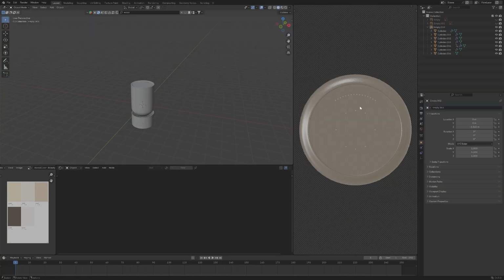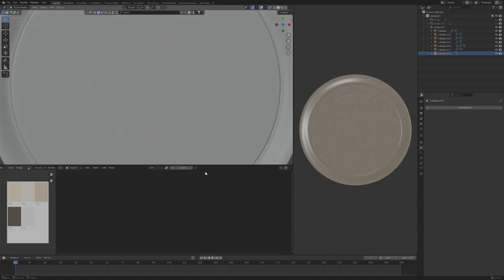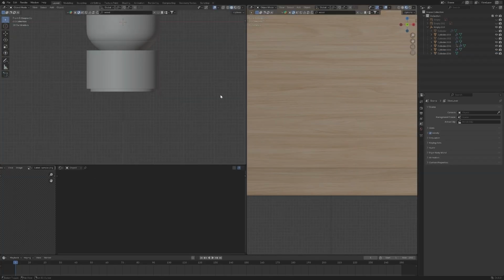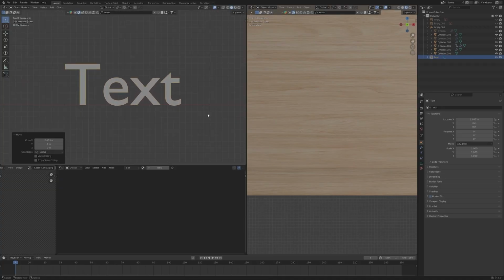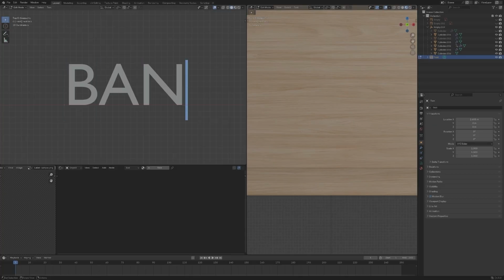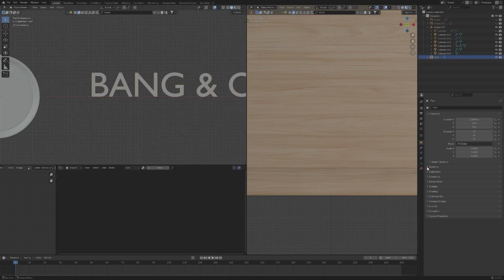Alright, so now let's move into the texture. For this one we can make it just black color, so make it the same one. Now let's add a level, shift A, and then go into the text. Here to change it is very easy, just click tab, and then you can change the text name. So here the name is BANG OLUFSEN, the brand of this